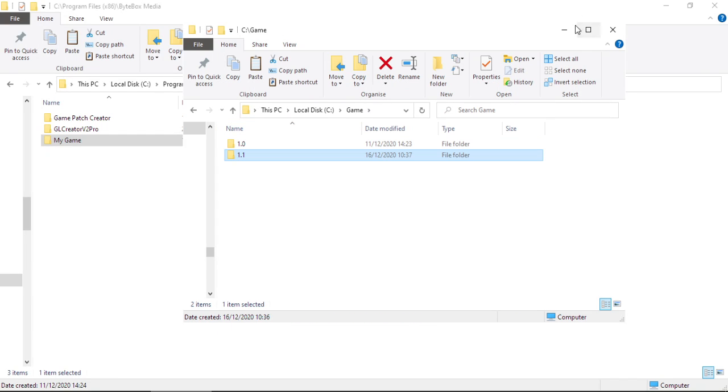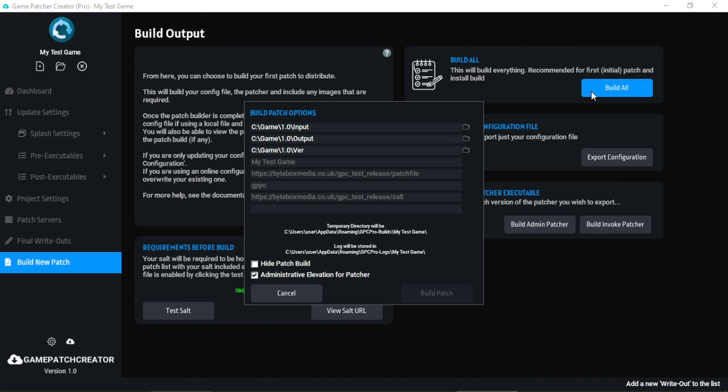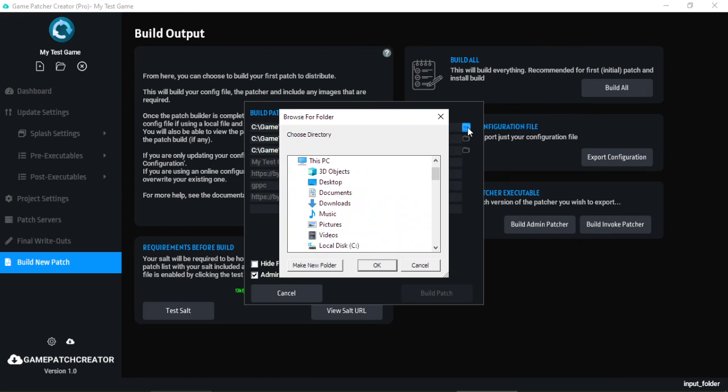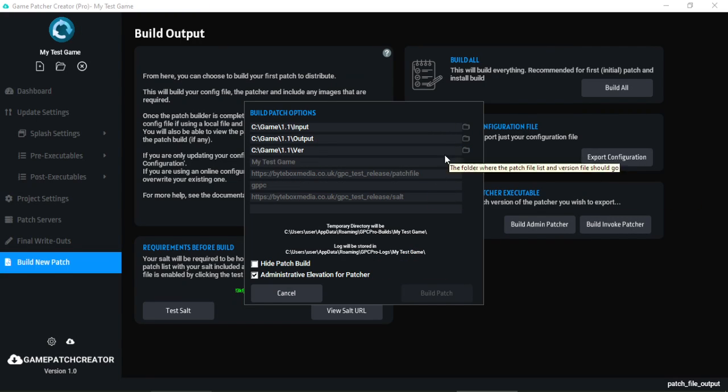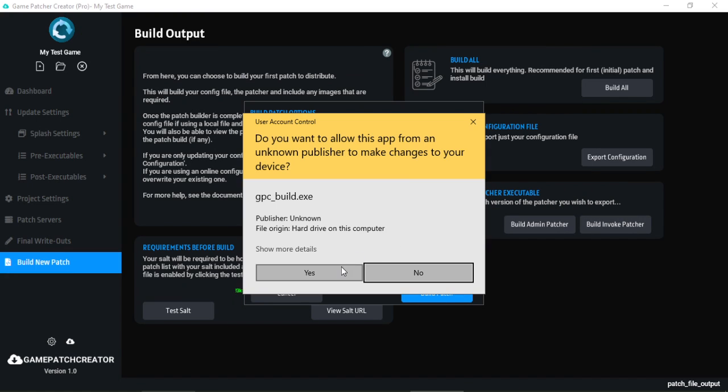So simply, it's very easy to patch now, because all you do is reopen Game Patch Creator, you open up your project, you don't even need to change anything now, you just simply click on Build New Patch. Click on Build All, and now you need to specify the folders for 1.1 because that's the patch that we're building. So there's the input folder, and we specify the 1.1 output folder, and then the 1.1 ver folder, and then we simply tell the patcher this is 1.1. We tell it to build patch, click on yes,